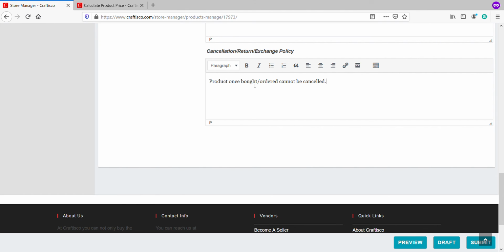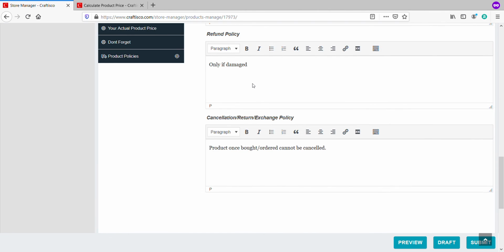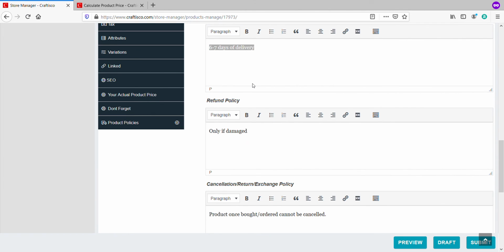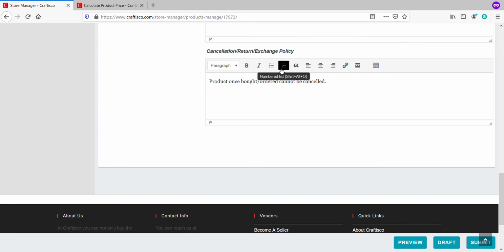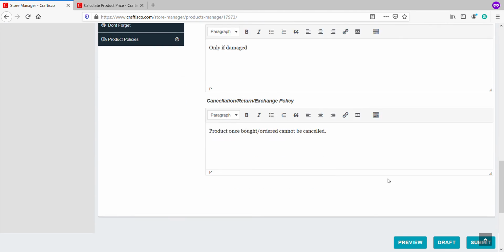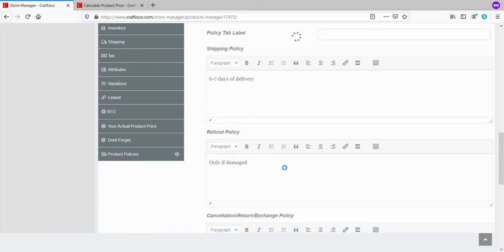And also if you say that there are clauses for refund and return, kindly also mention that, like for example, capturing video while opening the parcel is a must. Please do mention that. If you say that your products are made to order and it takes at least 6 to 7 days to make once the order is placed, you can mention that. So these are all information that you are going to mention about your product policies, right? So the customer knows what they're buying, and then that's it. So just say submit and your new product is submitted.